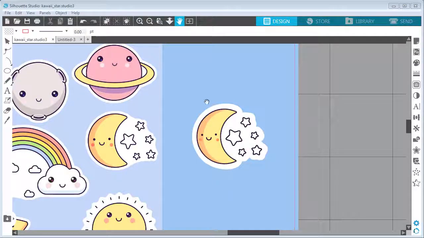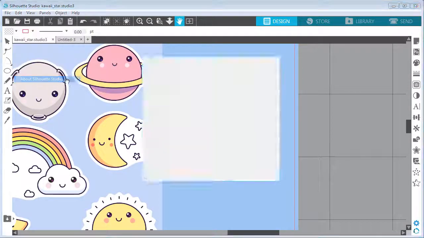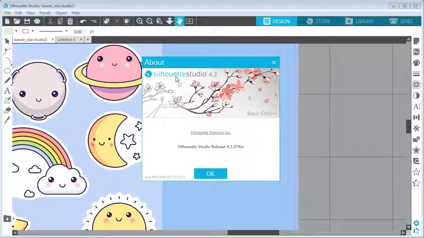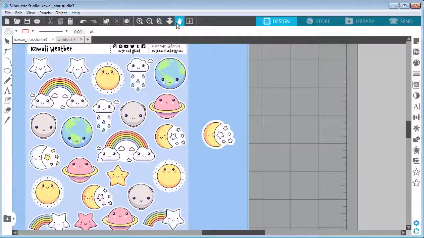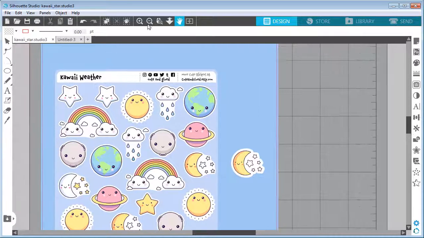Today I want to show you how to create this cute looking moon and stars illustration inside the Silhouette Studio Basic Edition, which is a free version of the Silhouette Studio, and it's really all that you need to create such illustration. And today's inspiration comes from my sticker sheet from my Etsy shop, which you can find on the